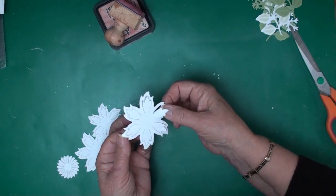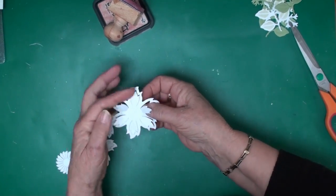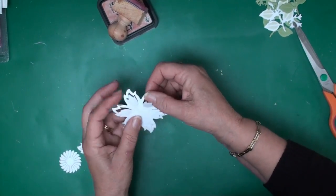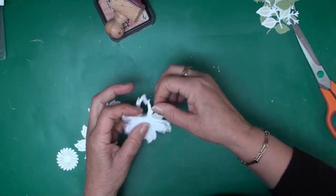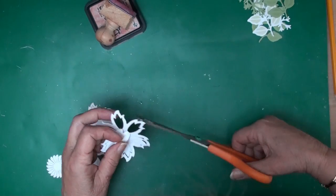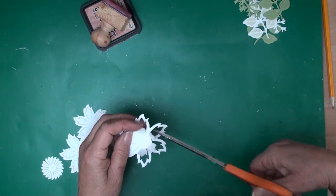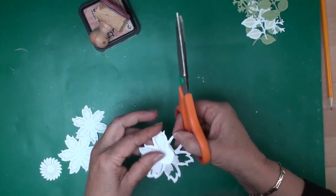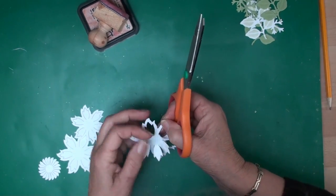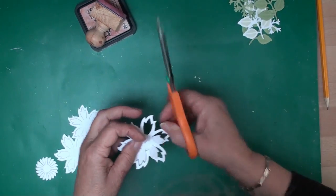Now once you've cut the flower, there are several different ways you can use it. You can use it as it is, but I'm going to take off these frilly edges, so I'm just going to bend these forward, and then with some scissors I'm just going to snip in there and snip that edge off. And then once I've done that, I'm going to ink the edges,